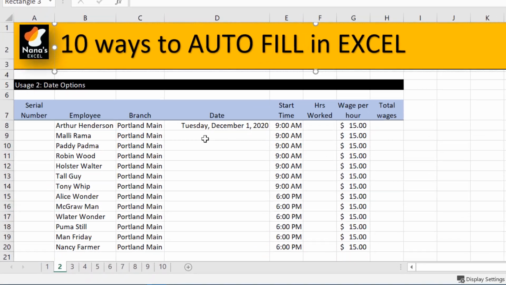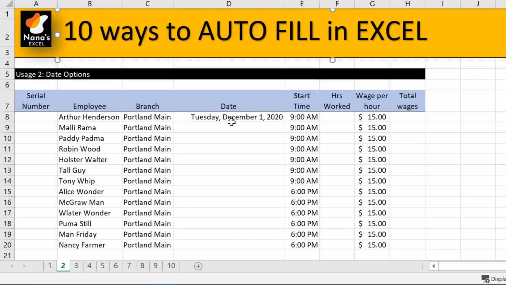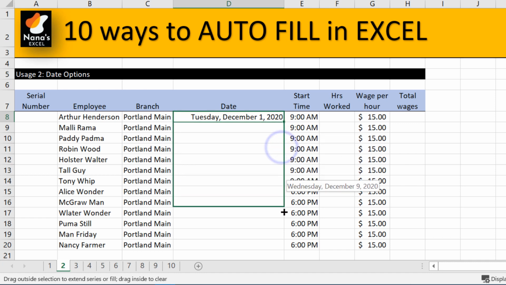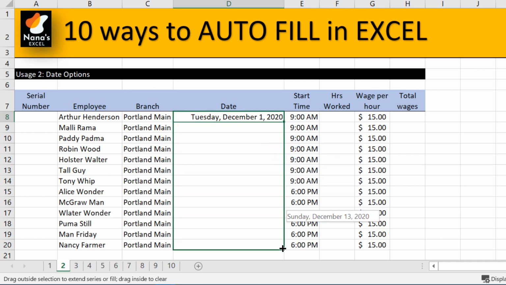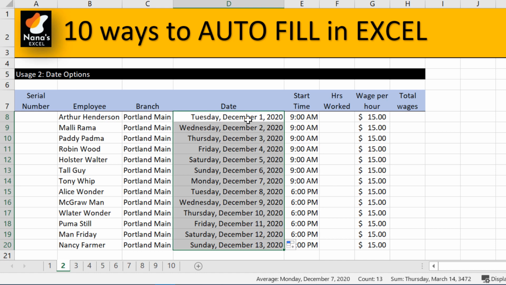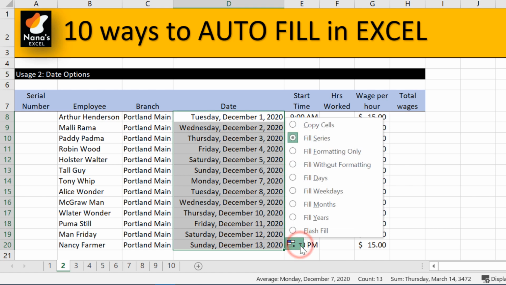Let us look at how to use the date options in autofill. Again, left click on the mouse, drag the mouse and then release it. So now if you see here, this is pasted something like December 1, 2, 3, 4, etc. And you have different options here. So this is filling the series, that is it increments by 1, December 1, December 2.